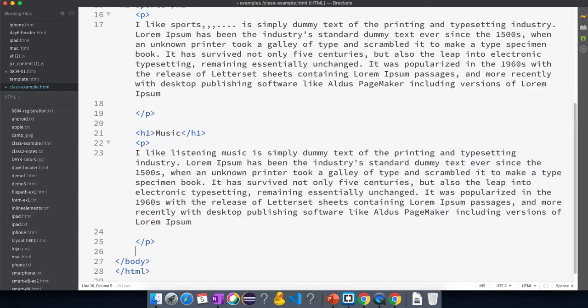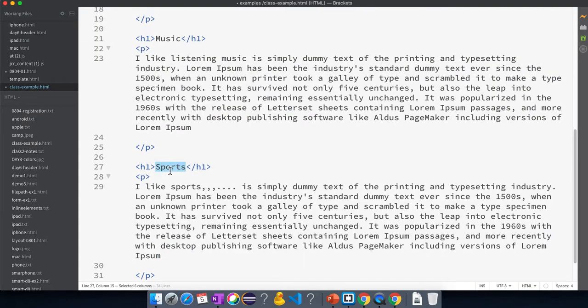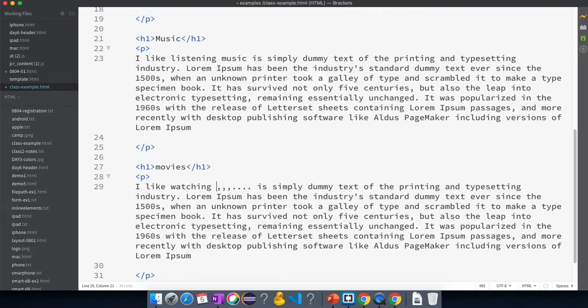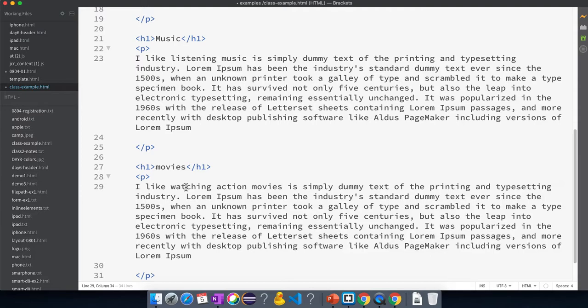Let's write one more section here, maybe related to movies. I like watching action movies. You are writing some paragraph. This is a common paragraph. Instead of writing, I am just using my dummy paragraph.